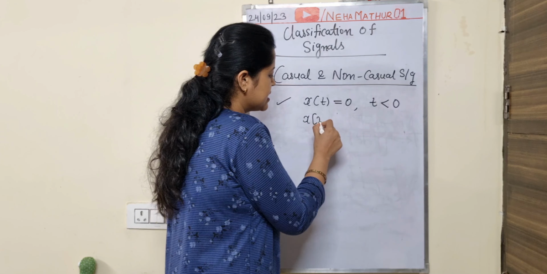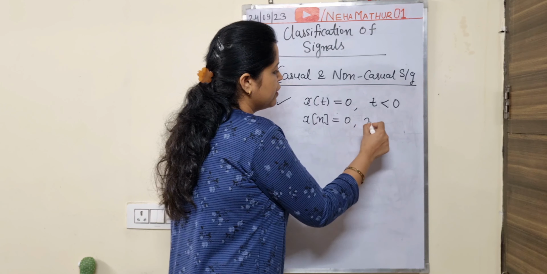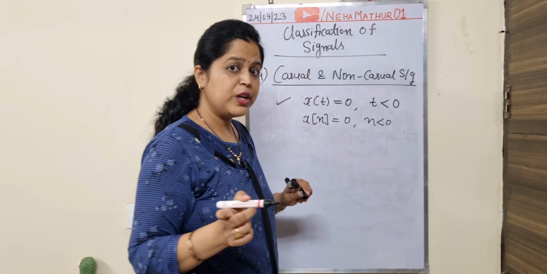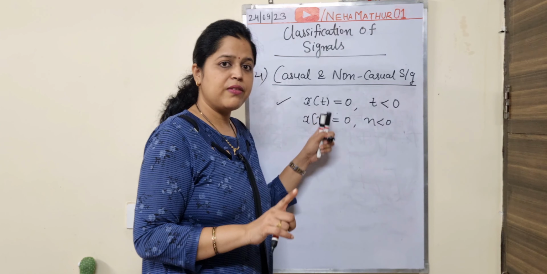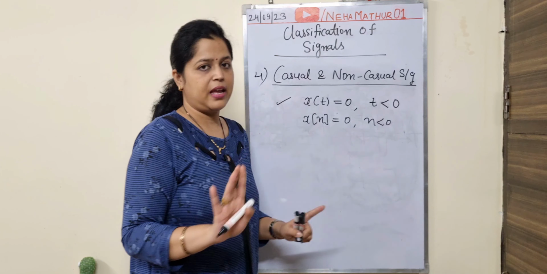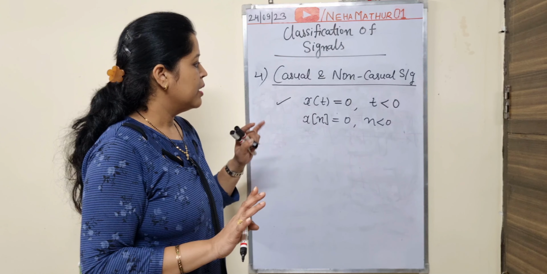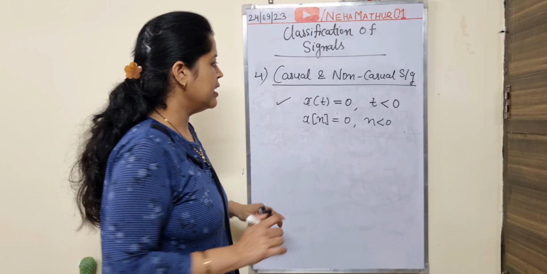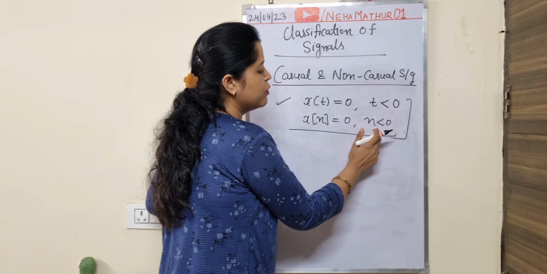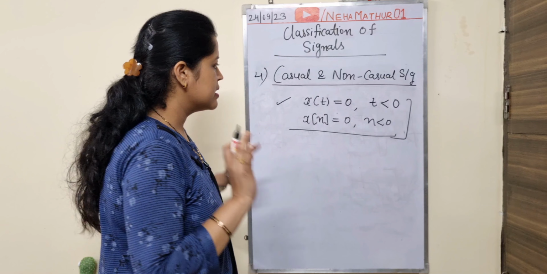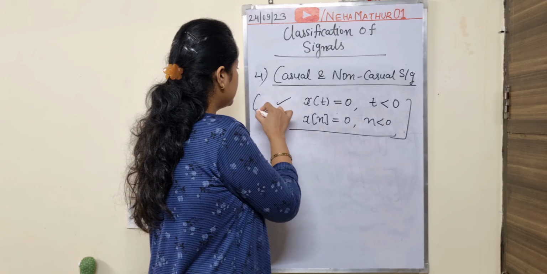If it is a discrete signal, then the representation will be like this. As I told you in the last video, for continuous time representation we take t, while for discrete time representation we take n. So if a signal belongs to the causal signal category, then for t less than 0, for n less than 0, the signal will be 0. And if the signal comes from